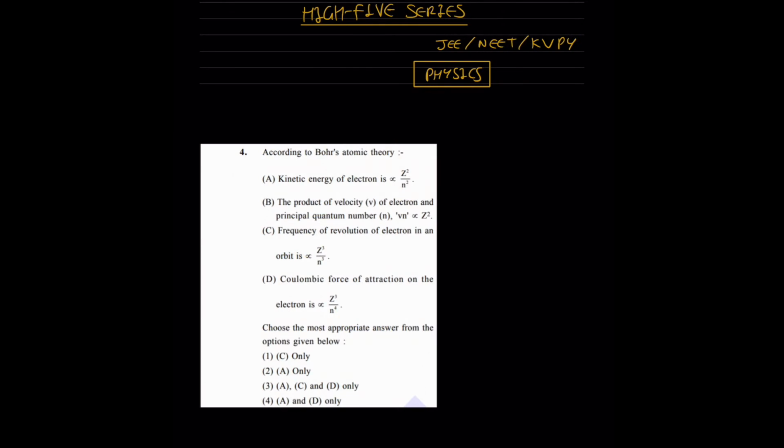So in this particular question, we are supposed to find, according to Bohr's model, which options are correct. So first one, they have given us kinetic energy. So what I'll do is I'll just write the expression over here just to make it easier. Kinetic energy, we know the simple formula is given as e to the power 4 k square 2 pi square m upon h square, and there is another term over here, that is z square upon n square.